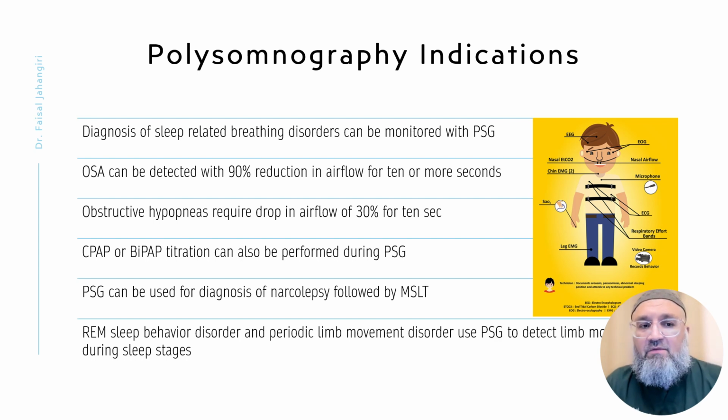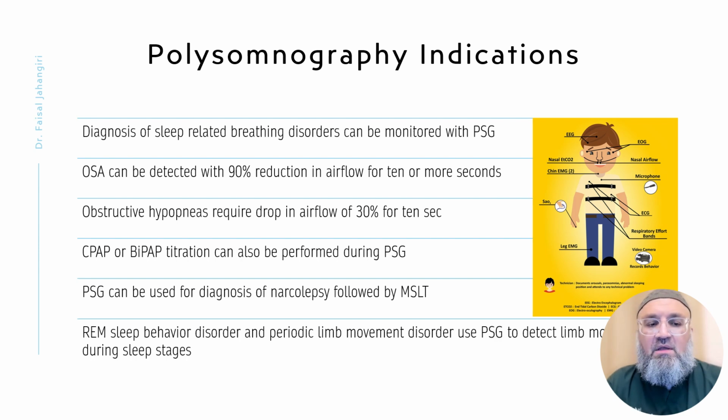It's more than 90%, this is called obstructive apnea. CPAP, which is treatment, BiPAP, positive air pressures, titration can also be performed in the study. So we can attach the CPAP and BiPAP and see what is the best level of pressure that can help